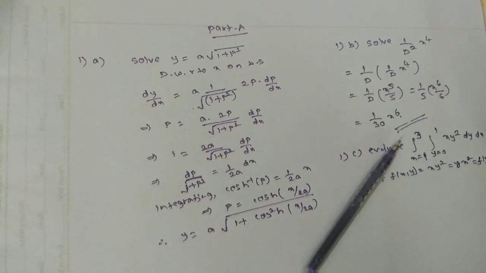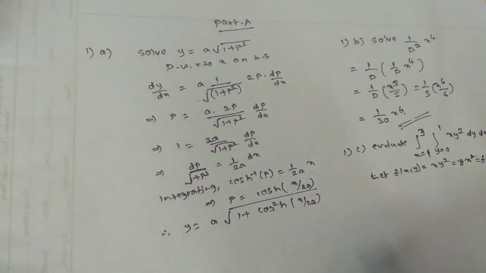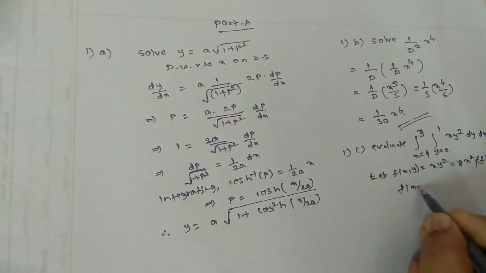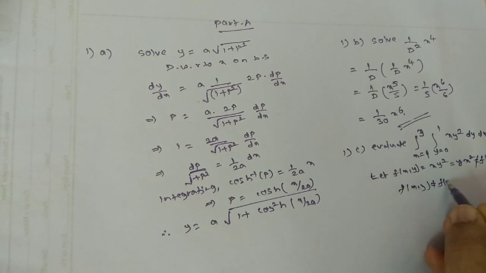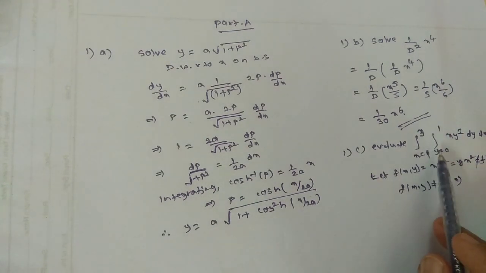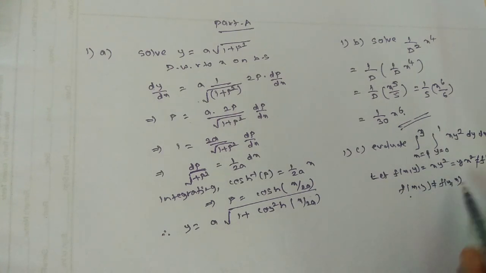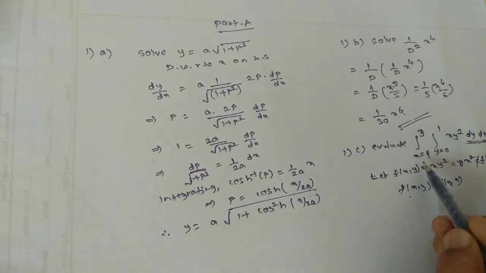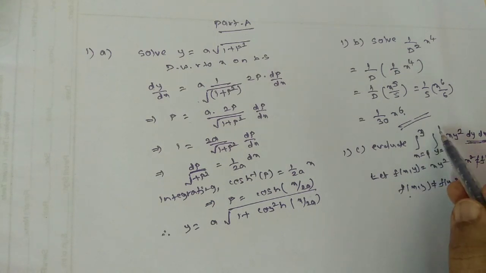No. So here, on interchanging x and y variables, clearly you can say that f of x comma y is not equal to f of y comma x. So we have a rule: the limits are real numbers and f of x comma y is not equal to f of y comma x. In that case, just look at the order given, dy dx. Reverse it? No, they have already given x equal to 1 to 3 and y equal to 0 to 1.